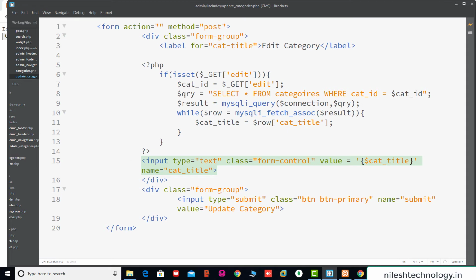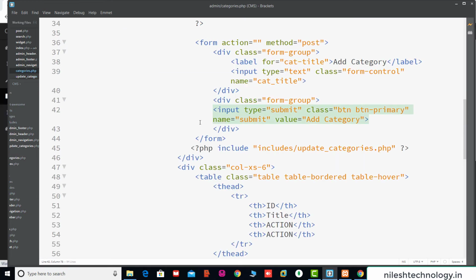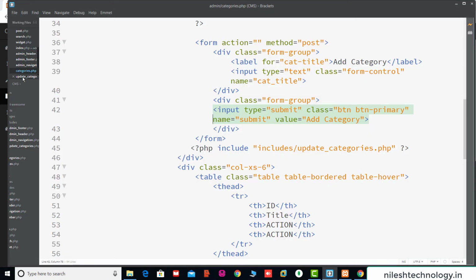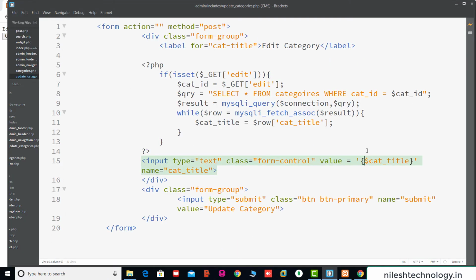Save, Control S. So here we run the categories.php file. So see here again categories.php, refresh, click on this CMS project, cat title, okay. Again going to this file. So here we use one PHP script and print this title by using echo cat title.